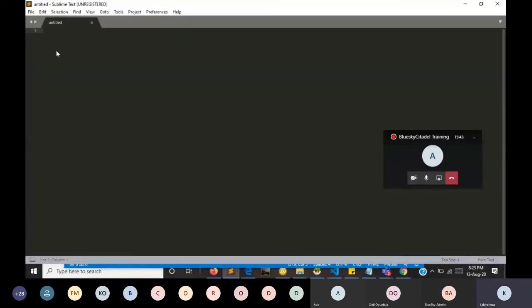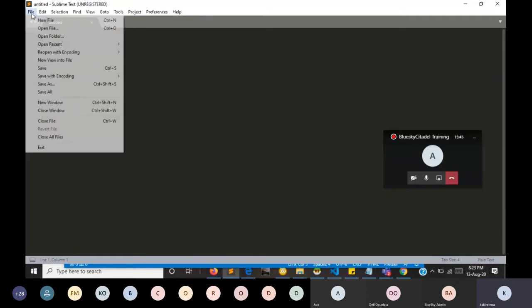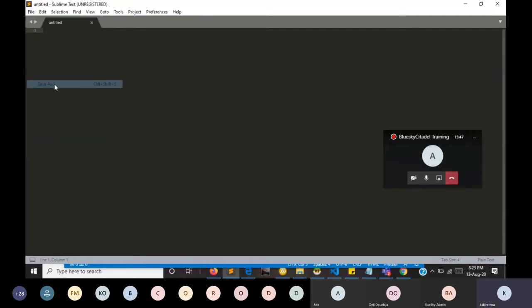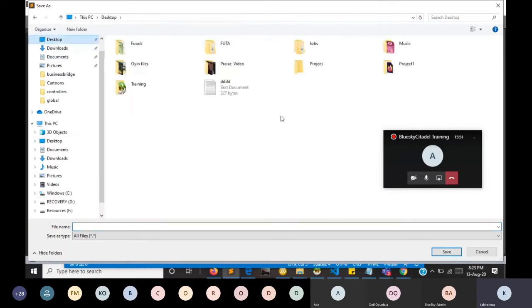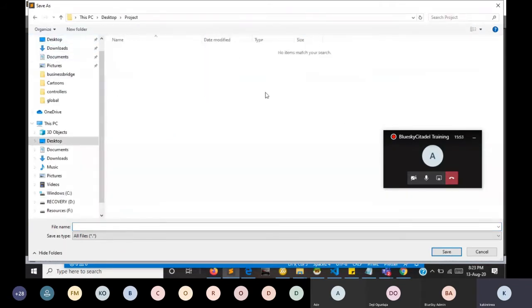Okay. So we have been able to create our folder. Now we are going to save our file. This is our file, like I mentioned earlier. We are going to save this file and give it an extension, saving it inside the folder we created. Remember, we created the folder on the desktop of the system, and we named that folder